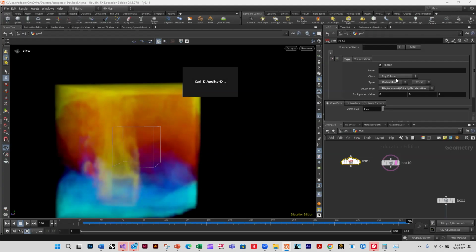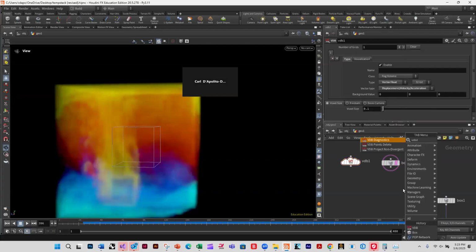And you need to create it in different ways. So you can do this fog volume, and instead of it being a typical float, you can do a vector float. And then we need to tell Houdini what kind of value it's going to be, and that will be displacement velocity acceleration. And then you can do a VDB activate,